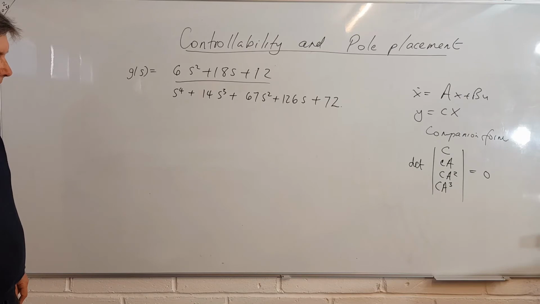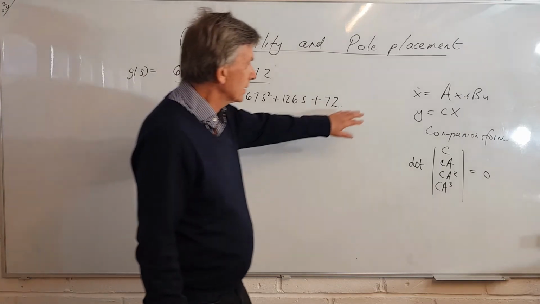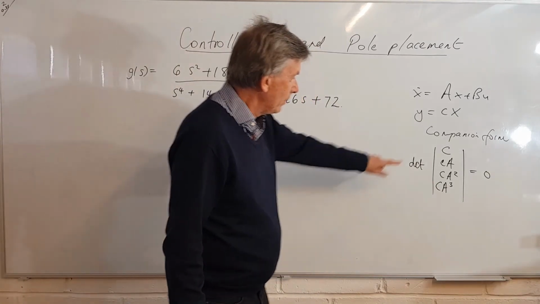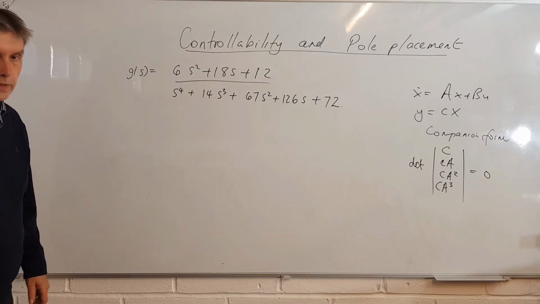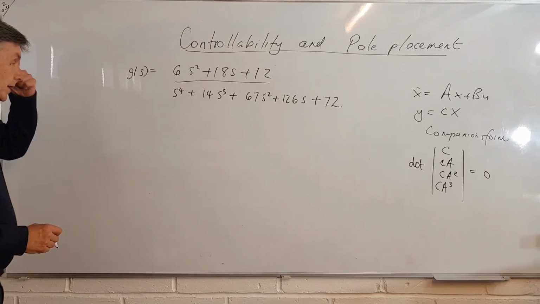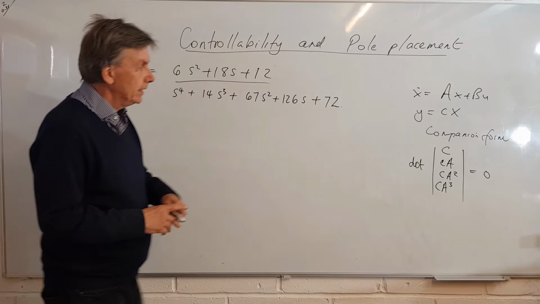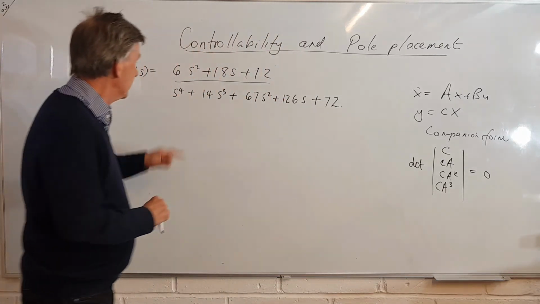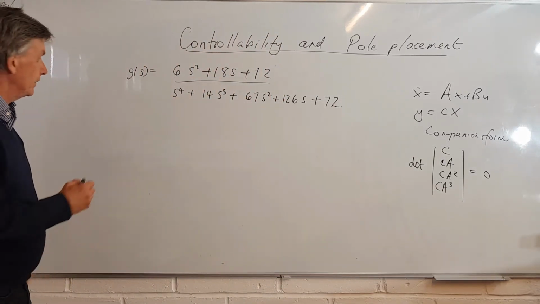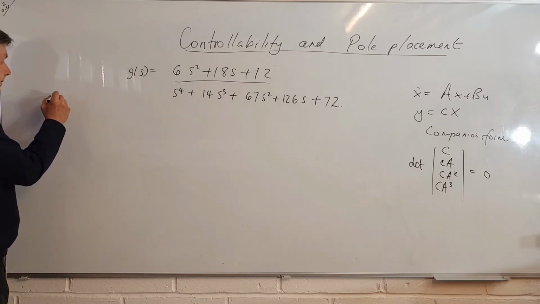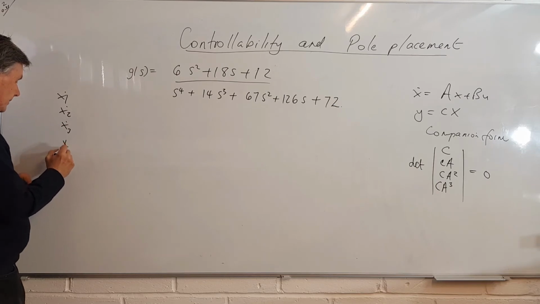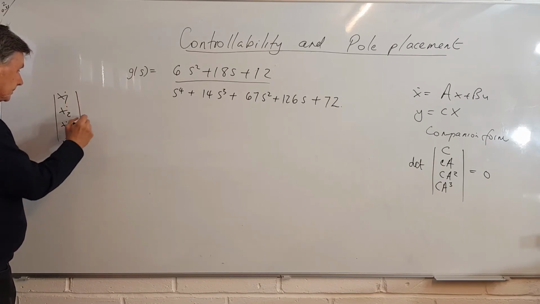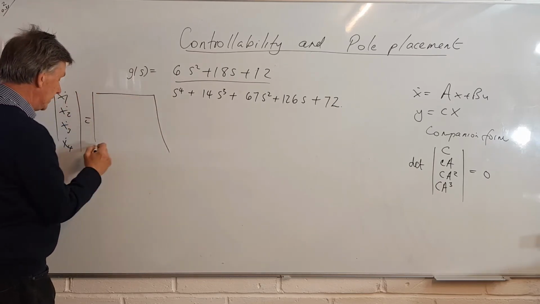So this is going to be our little calculation. The first thing we're going to do is compute some state space equations, then compute this matrix, and then hopefully show the determinant is 0. We can do this routinely in companion form. It's a fourth order system, so it's going to be 4 states. So we start on this side, so we get x1 dot, x2 dot, x3 dot, x4 dot, and we'll have a 4 by 4 matrix here,